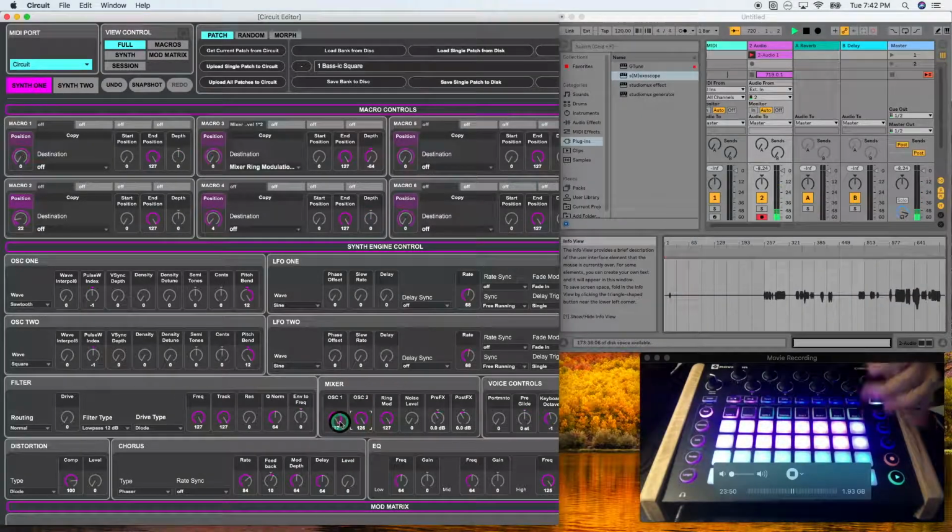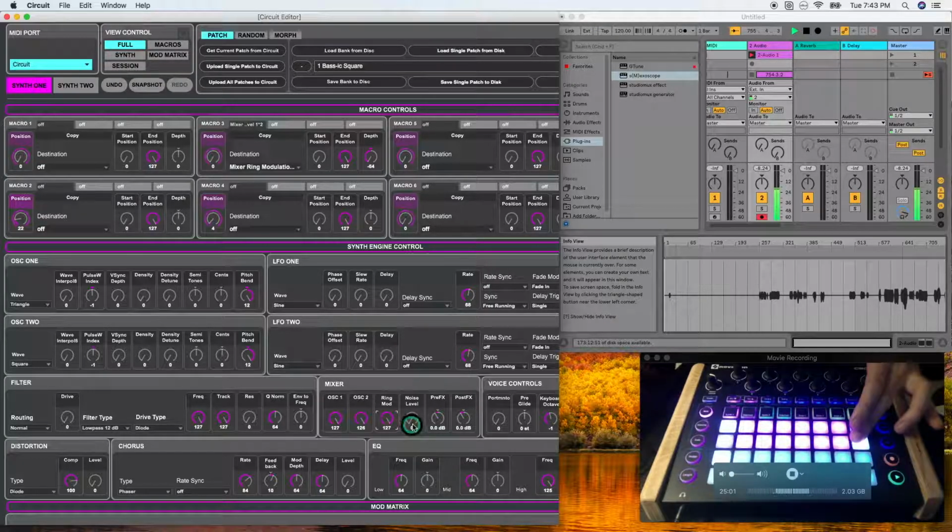Really simple. So the ring modulation multiplies the oscillator 1 and oscillator 2 waveforms together to produce a new type of tone. Typically it's very metallic. I really like to modulate using the ring mod. It's a really fun way to change some of the tonality of your sounds without going overboard. Noise level is simply the amount of noise that's applied. It's a very simple noise function.